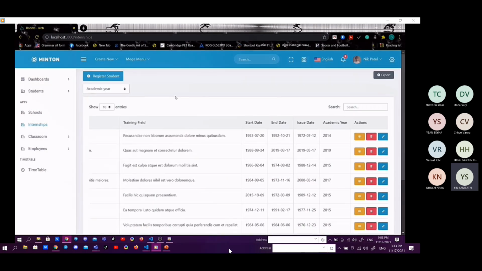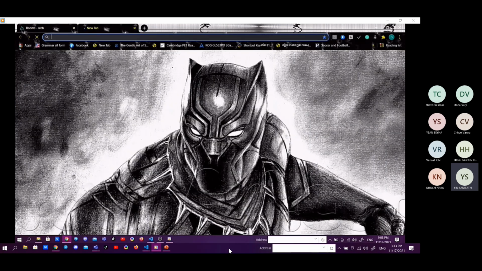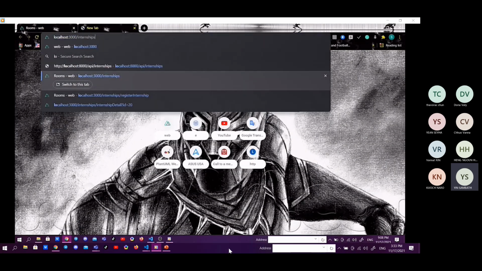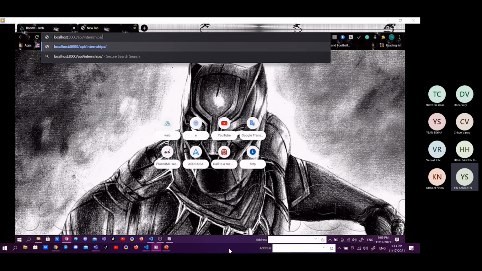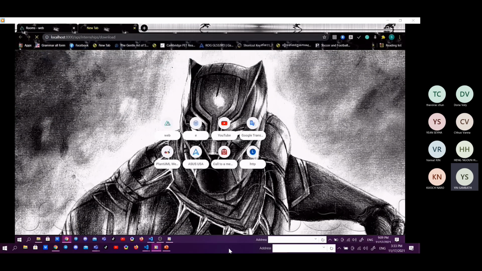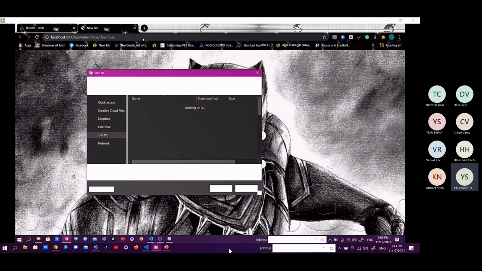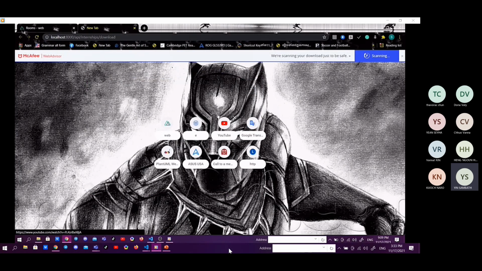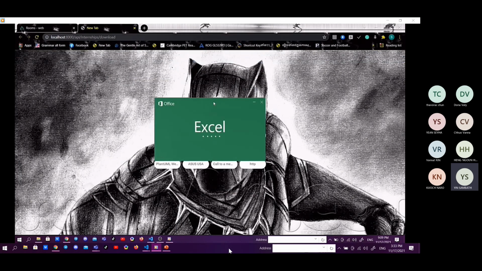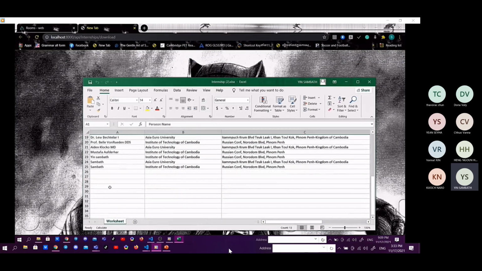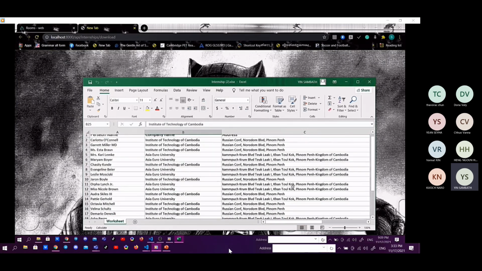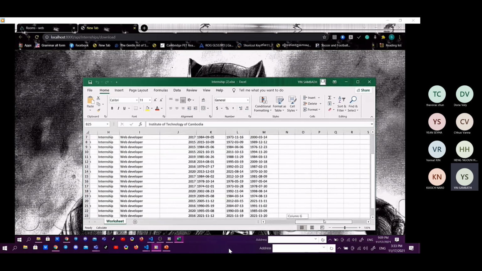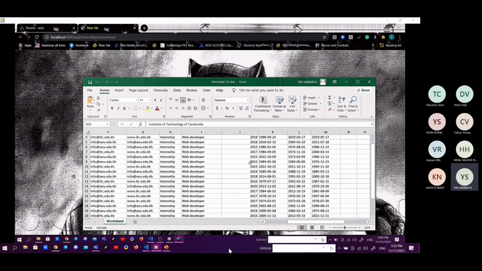And now let's move to the export function. For export, I have completed only the backend. This will export all from the database. Yes, all data from the database, and I will filter this by academic year, like 2015.